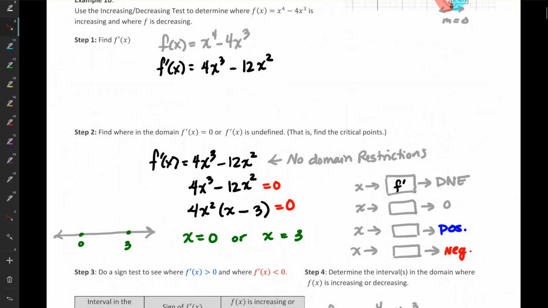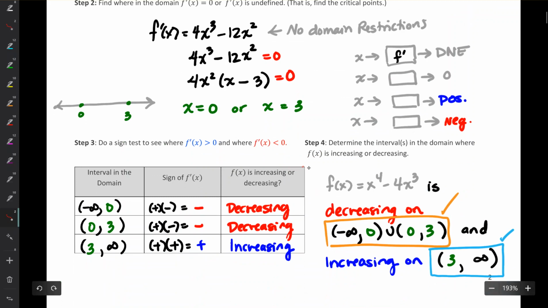All right, so here I'm back at example 1. We took our first derivative. We found out where it was 0, so these are the critical points that we're talking about, those critical values. And then we did the increasing decreasing test and interpreted the results. That's all the first derivative test is, really. It's doing the whole increasing decreasing test and then interpreting the results. Since the function is decreasing on either side of x equals 0, we didn't have a max or a min. However, since the function was changing from decreasing to increasing at x equals 3,